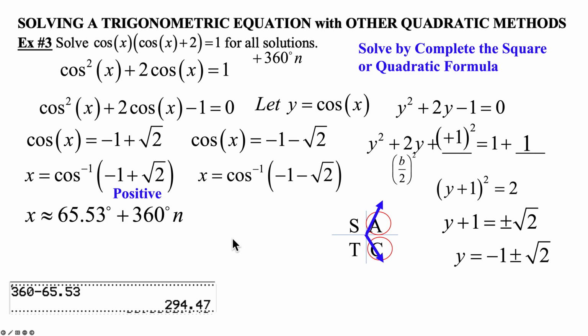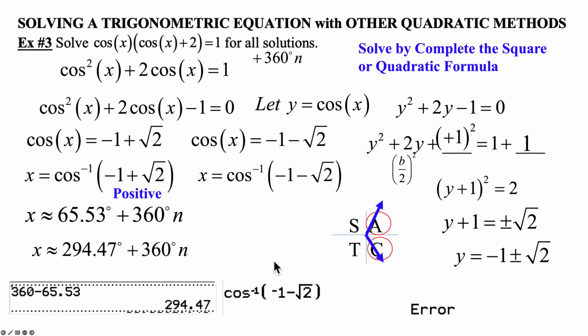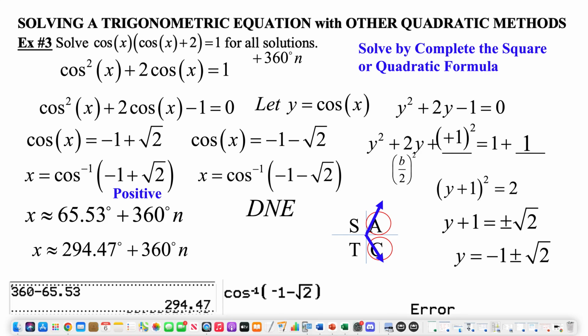Again, wise to graph this. All right, cosine x equals -1 minus, this is 1.4 minus, this is going to be like -2.4. This is going to be way too big, and it's going to give you an error message. So this does not exist. So again, if we go to our calculator,